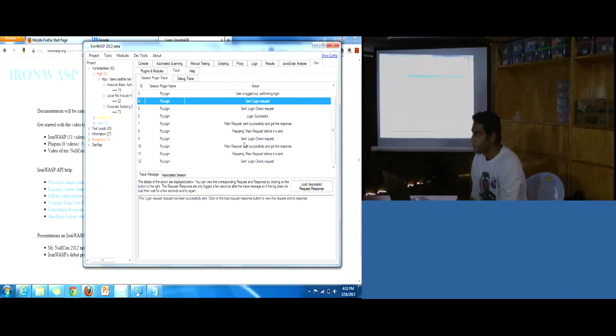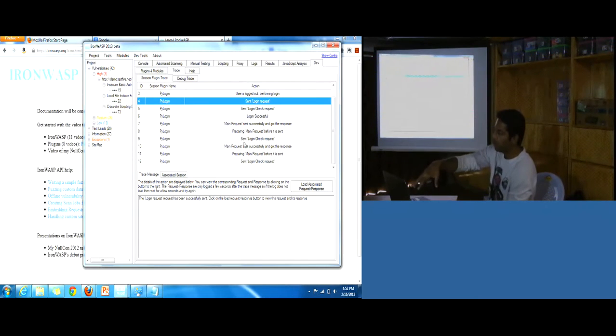So it uses IronPython and IronRuby internally. The core APIs are written in C#. They are .NET-based APIs, but they have been exposed to the scripting shell, which is IronPython or IronRuby. So users can call not just these APIs, they can make use of the entire .NET framework, all the APIs in the framework.